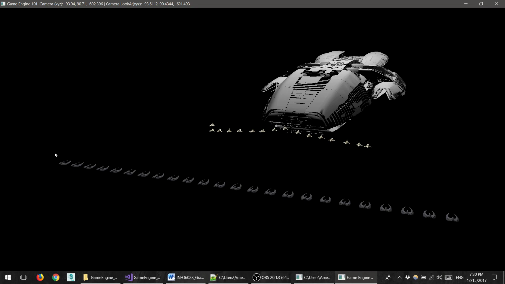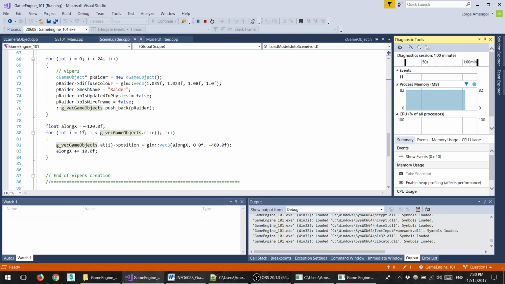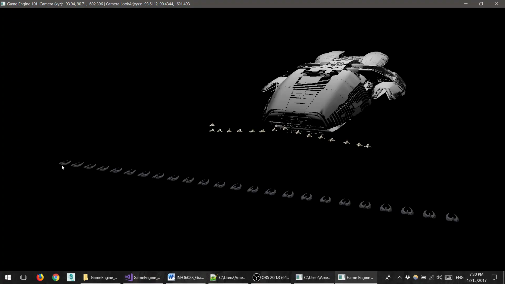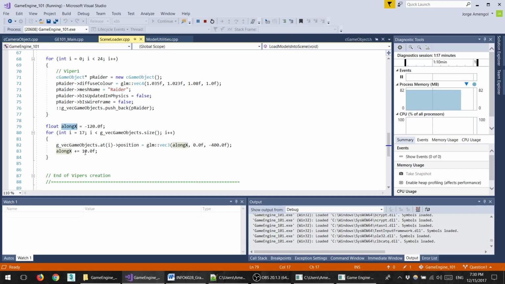for each Viper, I put the position along the x-axis. Okay, I started like minus 120, so I started from here and all the way to here. I increment by 10, I think, yeah, for each game object. Okay,